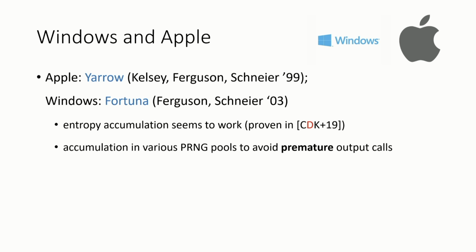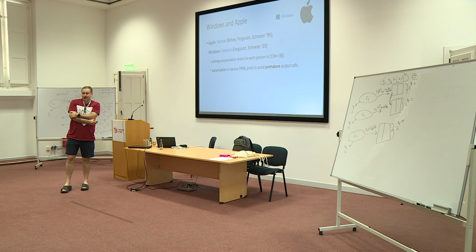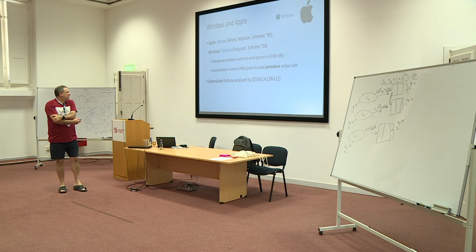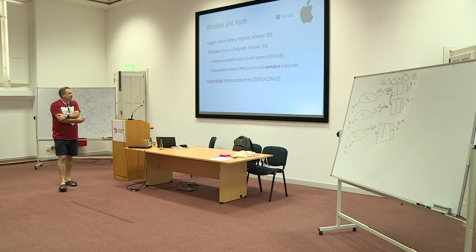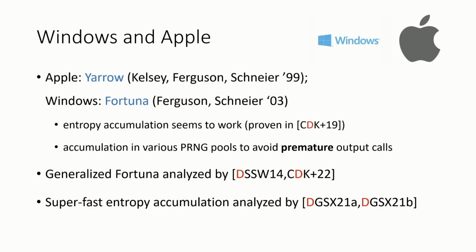I'll define what it is towards the end. So it's a pretty cool design, in comparison to Linux. And what we did, we also analyzed this Fortuna in Crypto 14, and now in the upcoming ITC paper. Again, I'll talk about that at the very end of this tutorial. And also something called super fast entropy accumulation, which is present in both of those designs, also analyzed in our